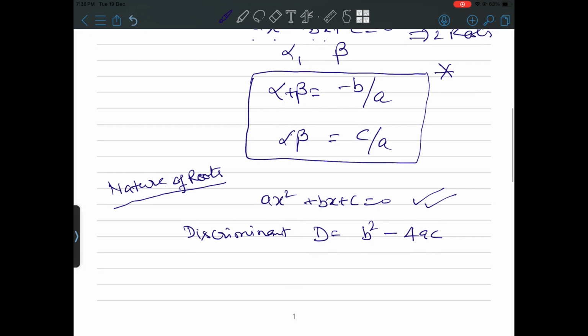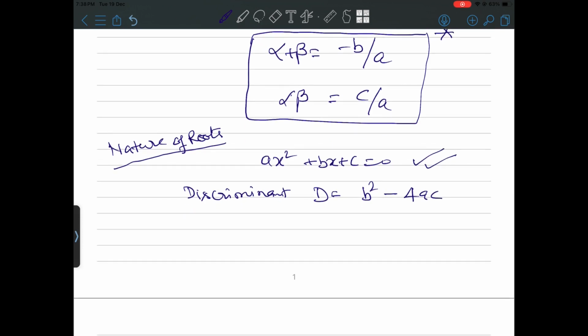If you find the discriminant of your equation, then by finding its value, you can judge whether the roots are real, or equal roots, or there are no real roots. For example, if the value of D, the discriminant, is greater than 0, or we can say b square minus 4ac is greater than 0,